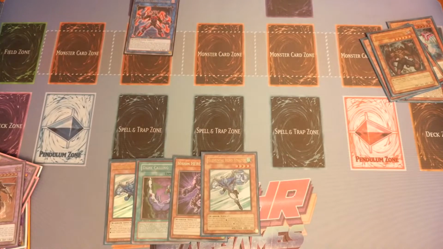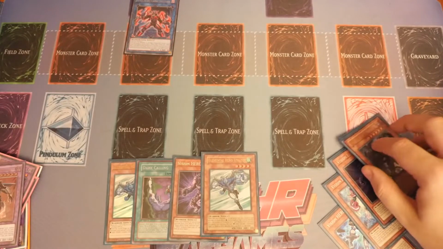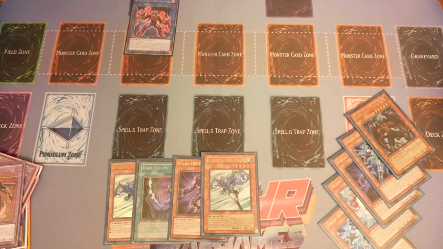Have we got an additional discard? Just having a look here. I want to be going for the game, so Shadow Mist is of no use right now without using my normal summon. So we'll go for